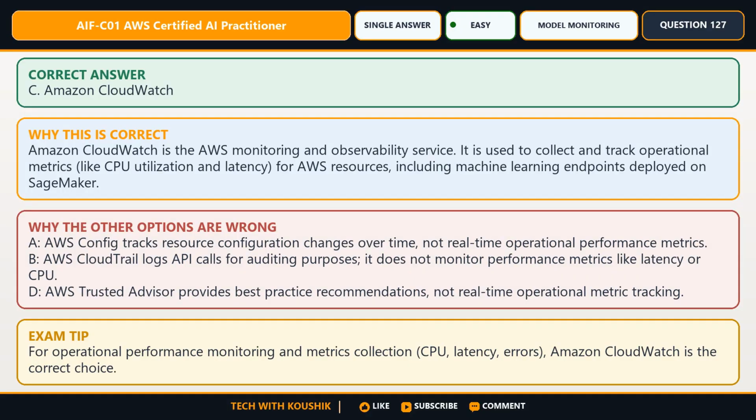The required response is C. Amazon CloudWatch. The decisive reason is Amazon CloudWatch is the AWS monitoring and observability service. It is used to collect and track operational metrics like CPU utilization and latency for AWS resources, including machine learning endpoints deployed on SageMaker. The remaining options fail one or more requirements because